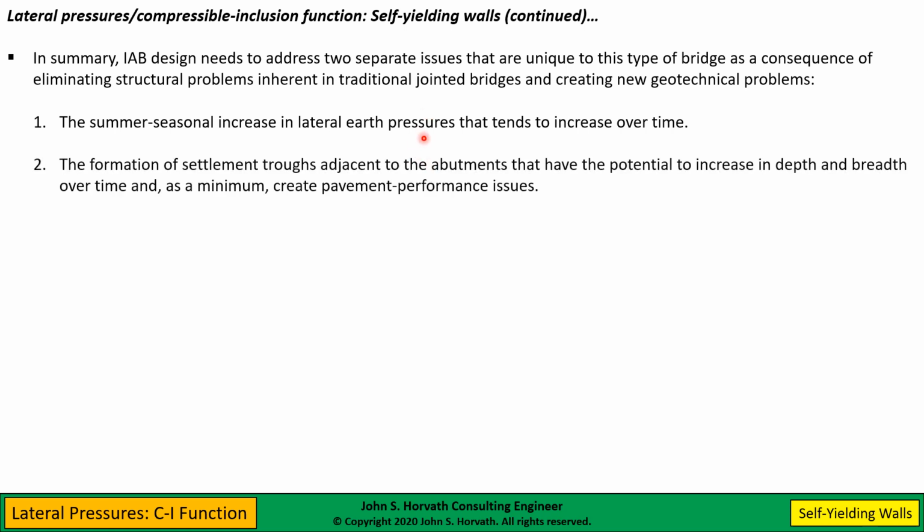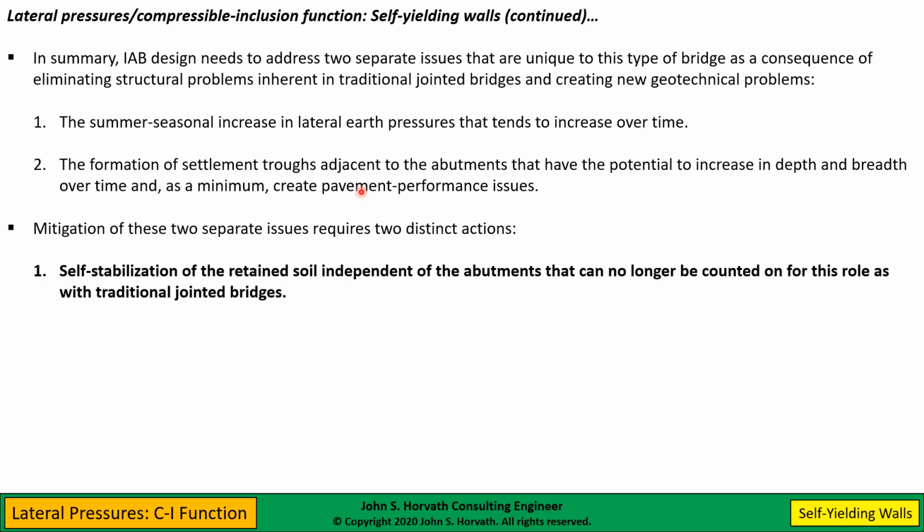Number two, we have the issue of the settlement trough that develops adjacent to the abutment. And whether you have an approach slab or not, you're going to develop pavement performance issues over time as this settlement trough continues to get deeper and expand laterally over time. So mitigation of these two issues, and these are separate issues clearly, earth pressure and surface settlement,